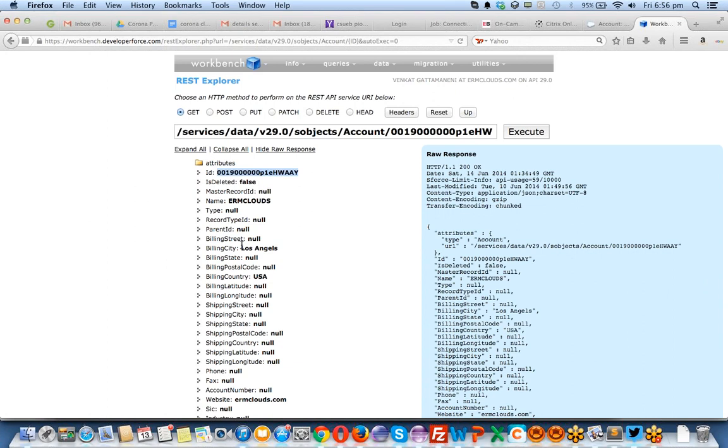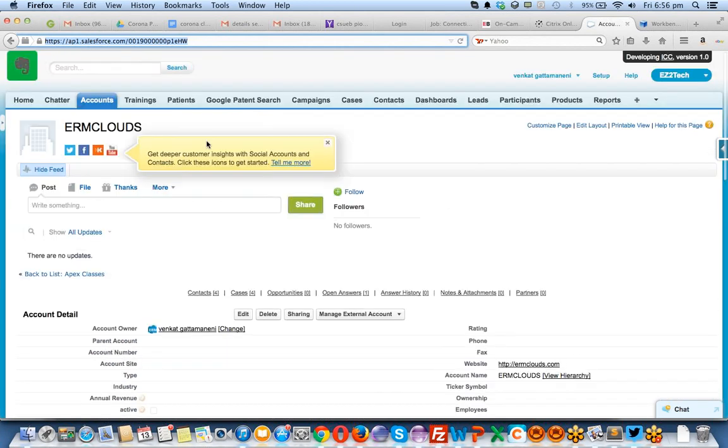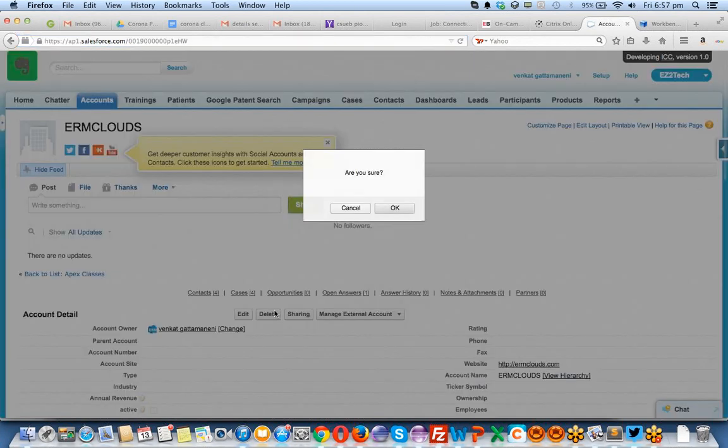Let's go back to our schema builder. See what this is: IsDeleted. This is a field inside the account table. It's false here because it's not deleted. Because it's not deleted, that's the reason it's showing here as false. It's already there in the system, right? If I delete this record,